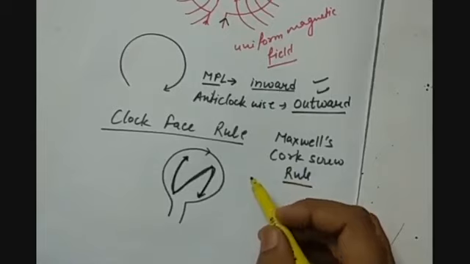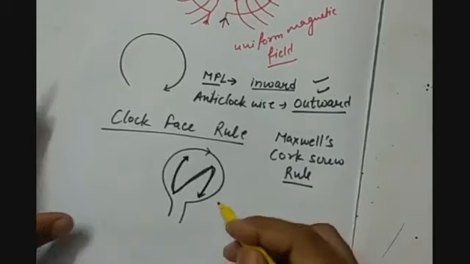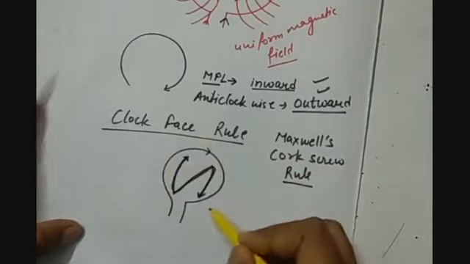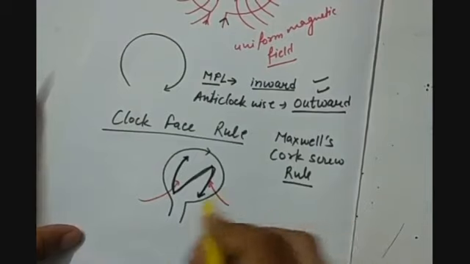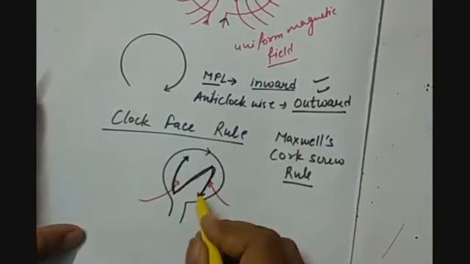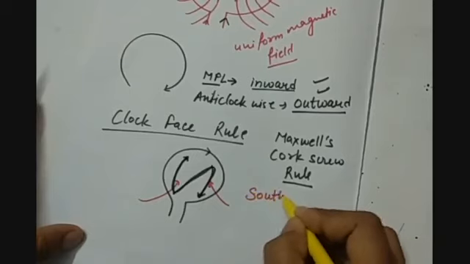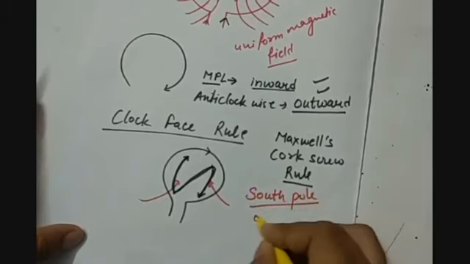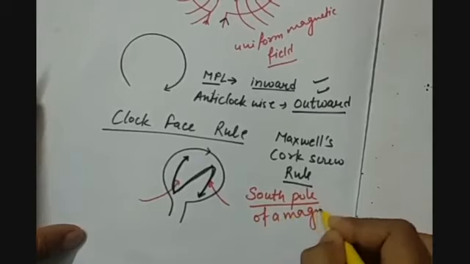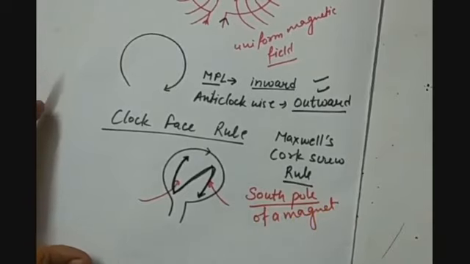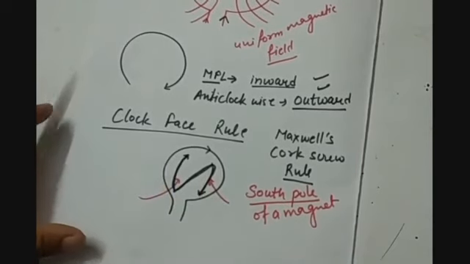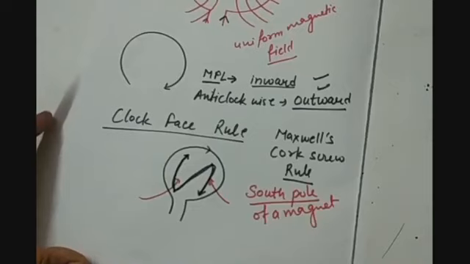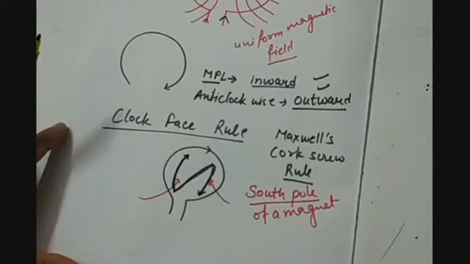We have seen it as well, that when the current is flowing in clockwise direction, then magnetic field lines are going inward. That means this circular loop is now behaving as the south pole of a magnet. Because we know that only at the south pole the magnetic field lines enter. But this is a single circle of wire, so it is hard to believe that a circle can behave as a bar magnet.